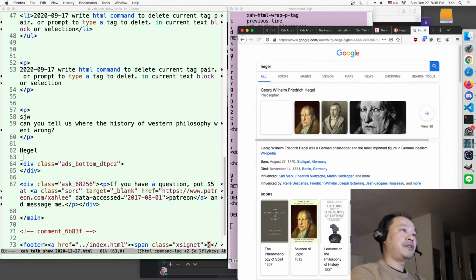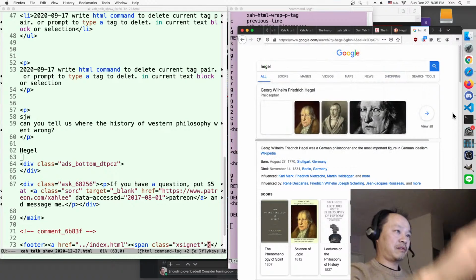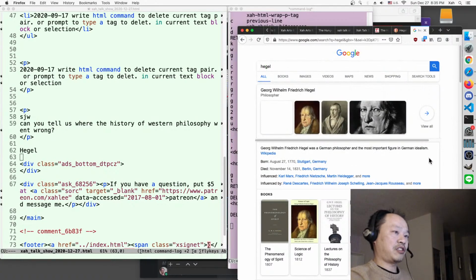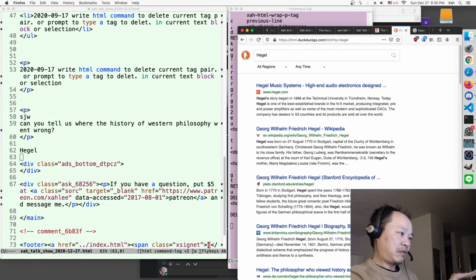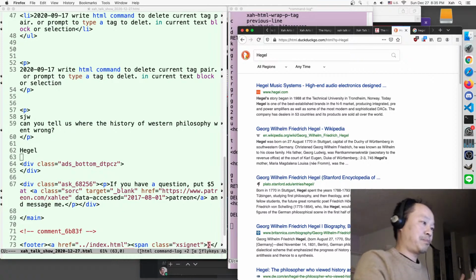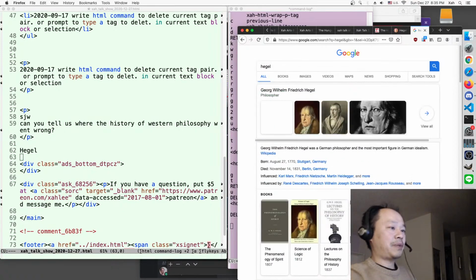You see, even though I have JavaScript turned off, Google still shows images. But for DuckDuckGo, no, you don't have that. That's a failure. They want to be popular, right? But it's bad software. It's just one of the bad aspects.